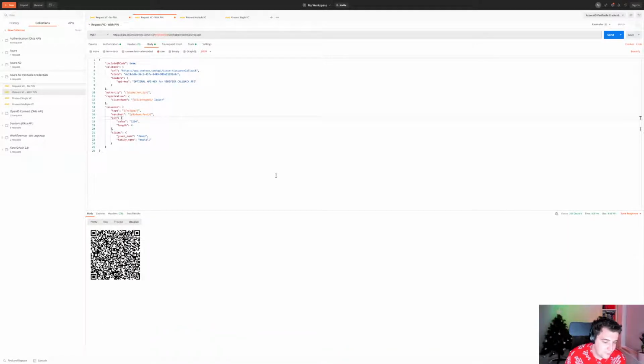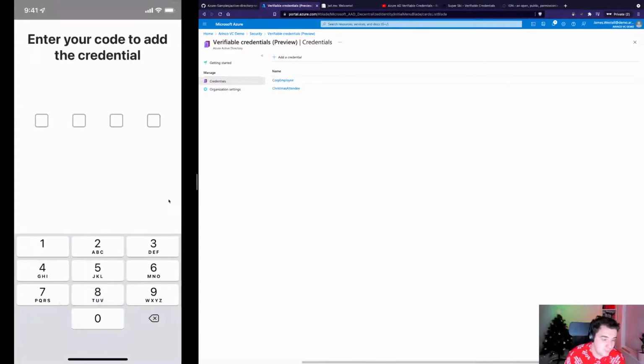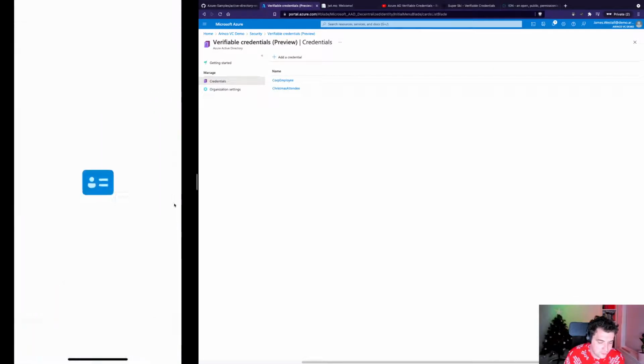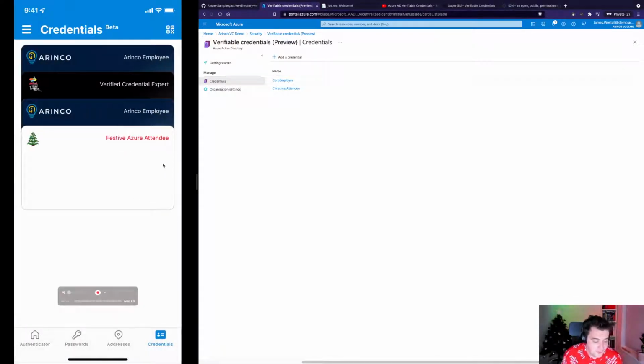So I visualize, I'm going to get a barcode, I'm going to scan that, and then I can go back to my mobile app and show you the result there. I'm prompted for a PIN, in this case it's 1234. I'm going to click add, and I've added that.